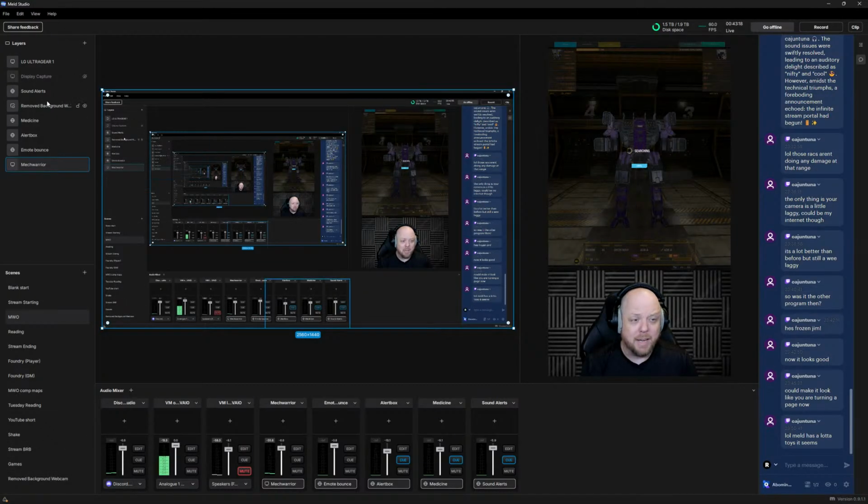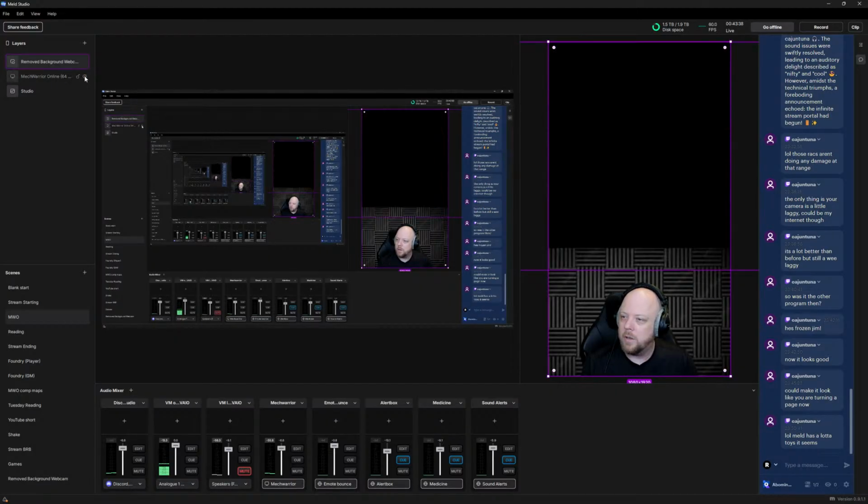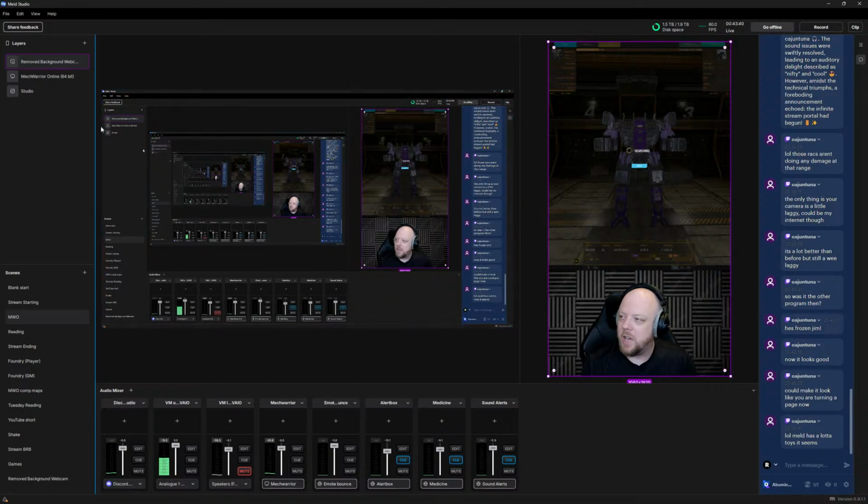They call them layers. So the layers within the scene that you see over here, and then they're actually separate. So if I come over to here, you'll see that these layers are different than those layers. So if I turned off my background there, if I turned off Mechwarrior over here, you see it disappear from this side, but it's not doing anything to the main thing there.